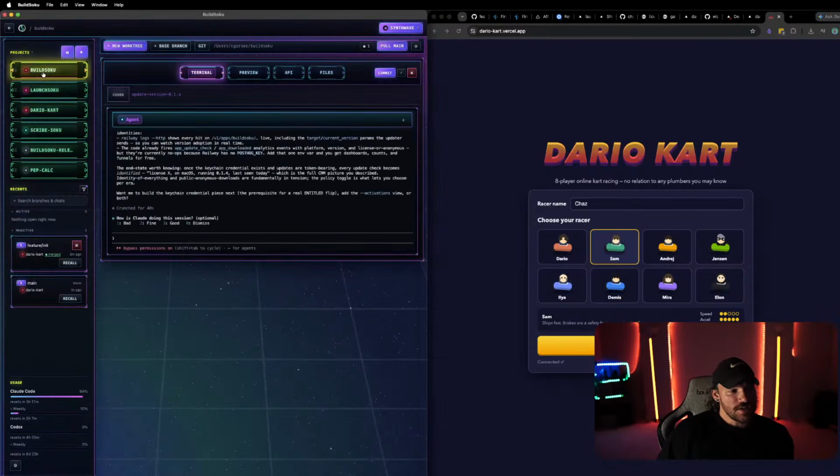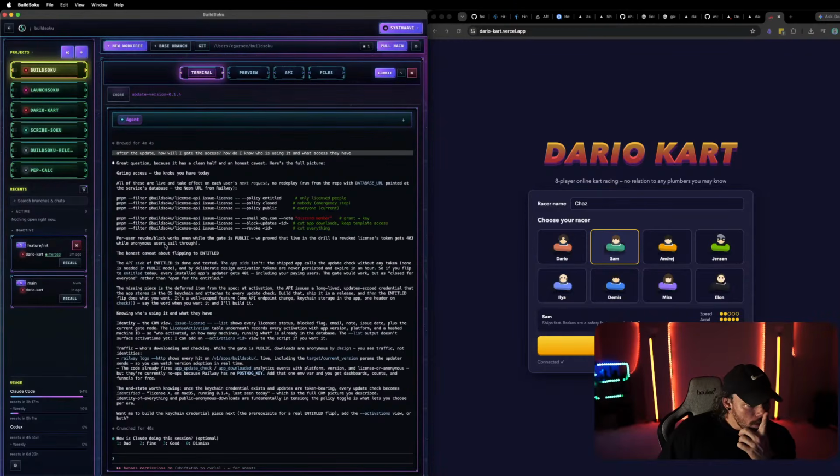All right, I do want to see if I can update. Wait. Gating access knobs you have today. All of these are live, take effect in each user's next request. No redeploy from the run with database URL pointed at the services database, Neon URL on Railway. Per user revoke blockworks. The API side is entitled